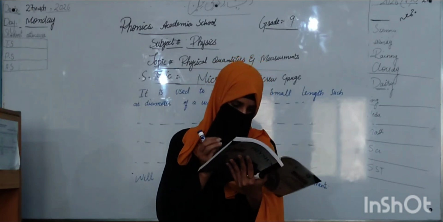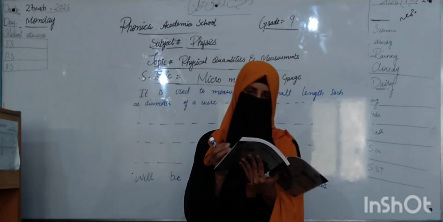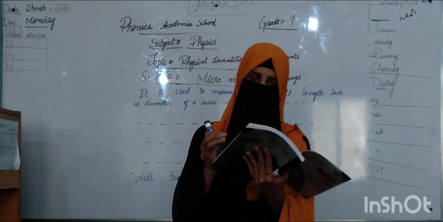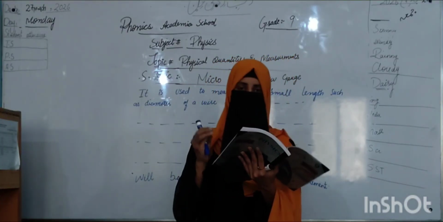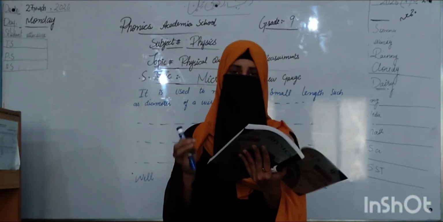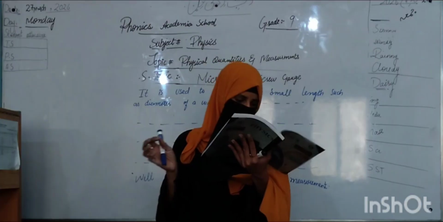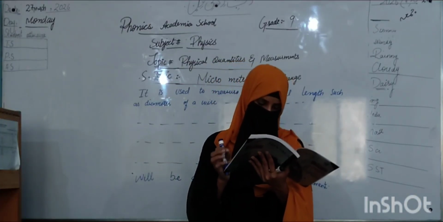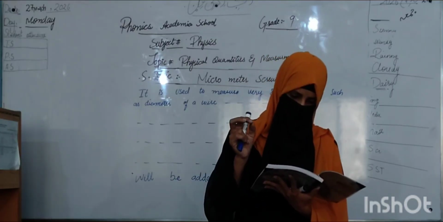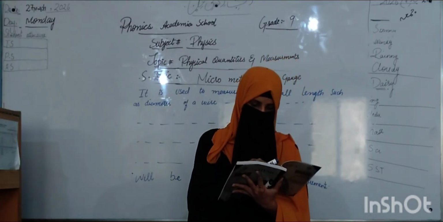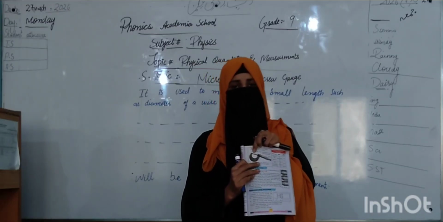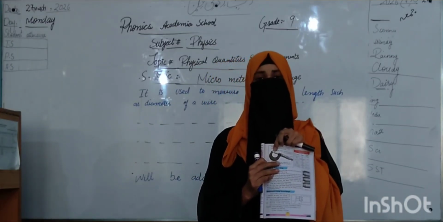For example, in the first case there is 0.5 millimeter and 50 divisions. When you divide, you get 0.01 millimeter. But in some instruments there is 1 millimeter and 100 parts, so 1 divided by 100 is equal to 0.001. The parts of a screw gauge are shown in figure 1.5. You see that the object is placed between the anvil and the spindle, and there is some distance between the two faces that we use to measure the object.